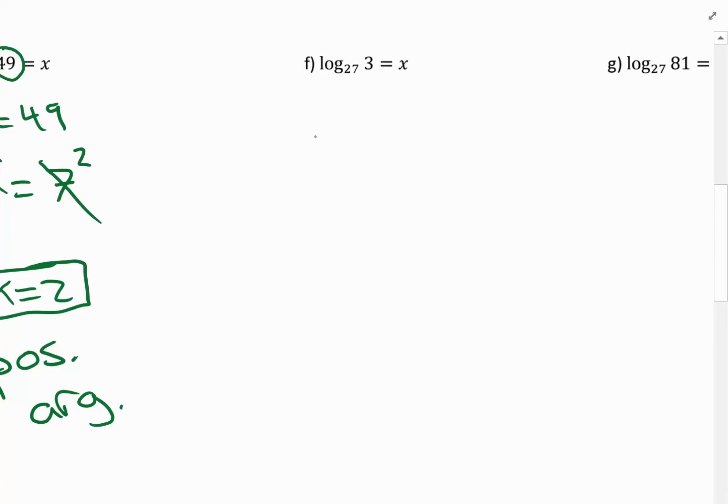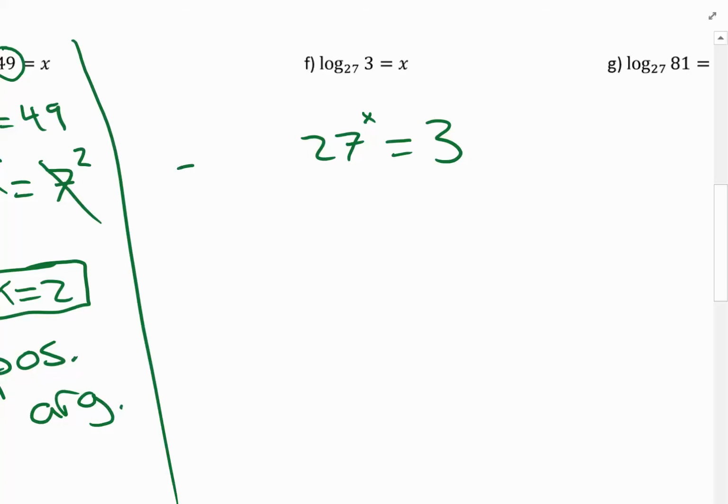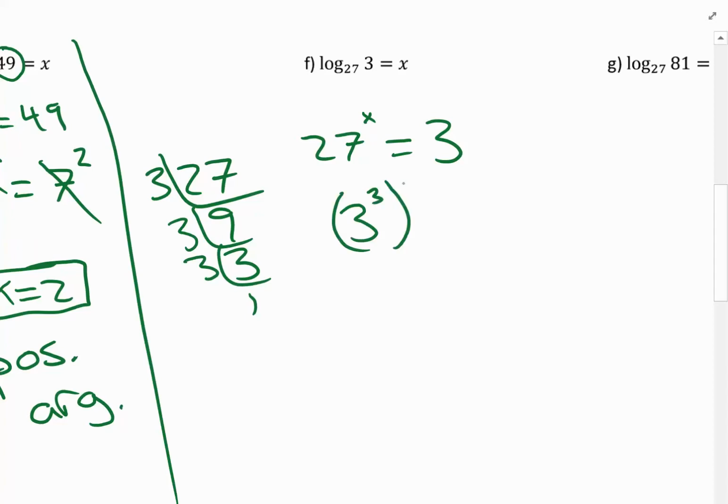Next one. You do first number, last number, middle number. You know the drill. Hedge the 27 to get 3 cubed. Don't forget the x. Other side, be careful. Right here, you should probably stop and write the invisible 1 exponent so you don't forget it. Now we can cancel out the 3's